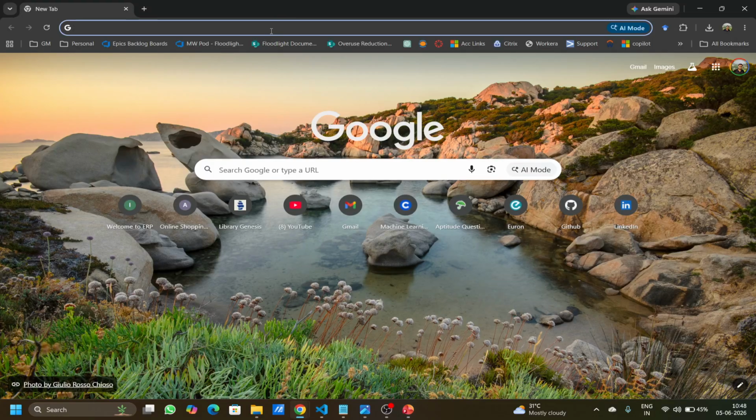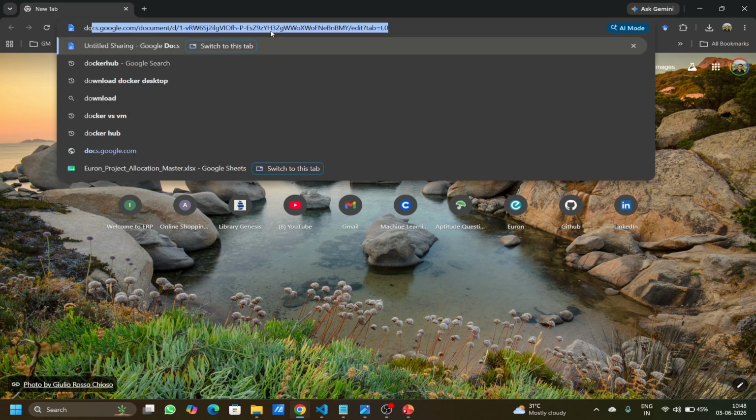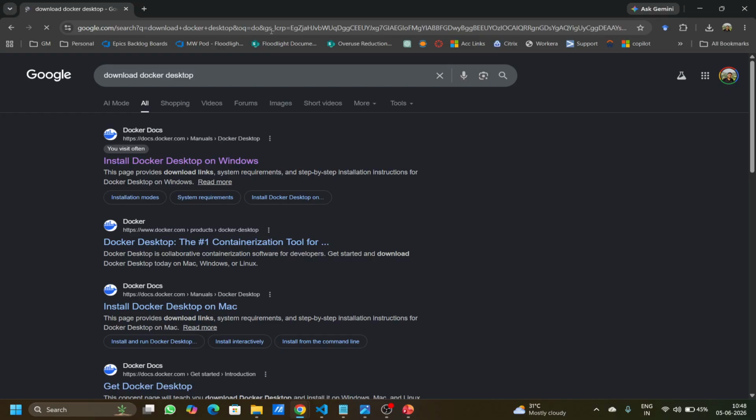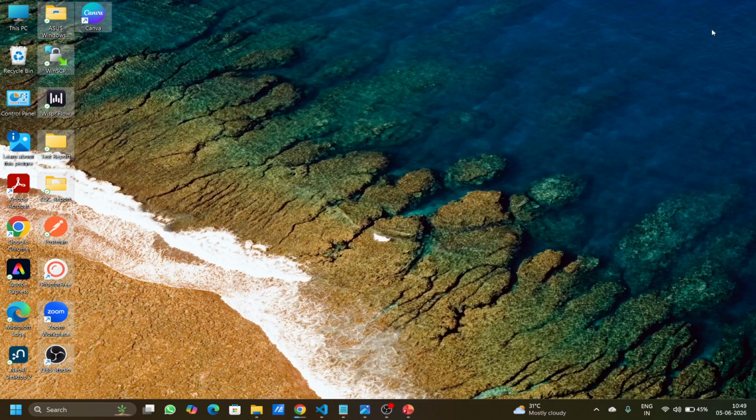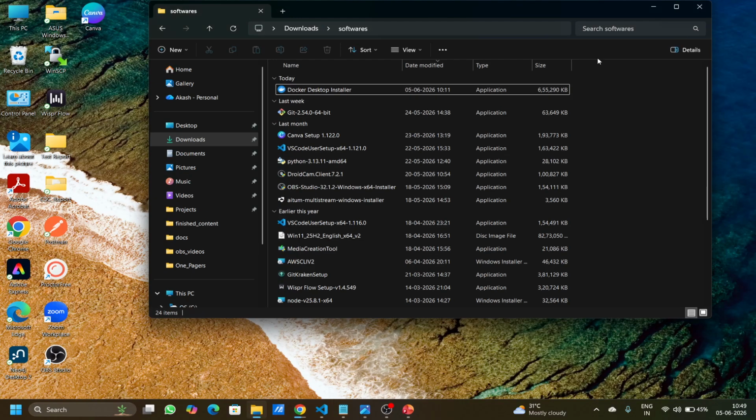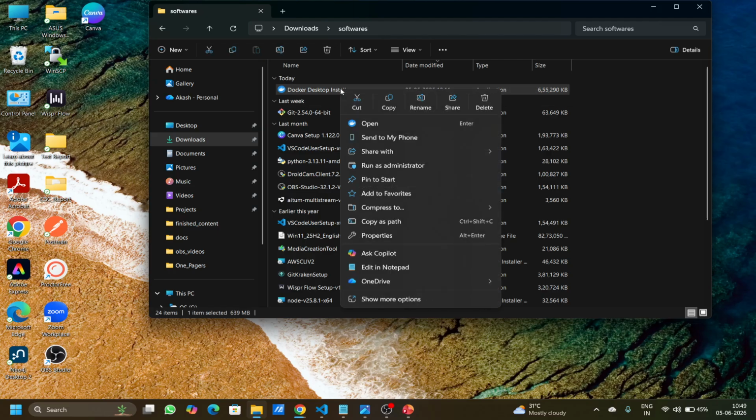So open any browser. I am opening the Chrome browser and searching for download Docker Desktop. It will take you to this page, install Docker Desktop on Windows. Just click on this page and then you will see the different Docker Desktop versions for different Windows versions. So let's go ahead with the 64-bit, the first one. And once you start installing, it will get installed and then we can directly open the Docker file here. To install it, just right click and run as administrator, or you can double click on this and that will also start the